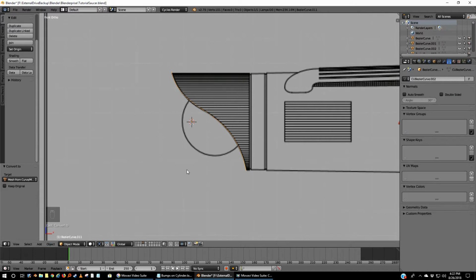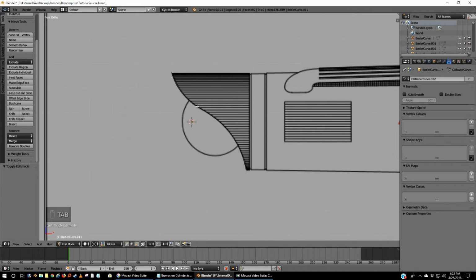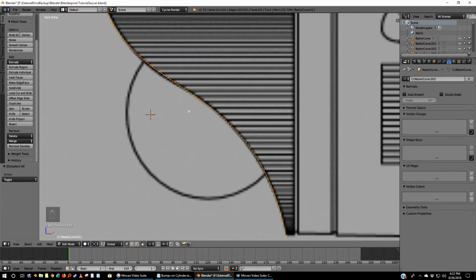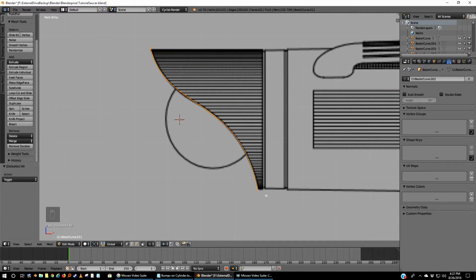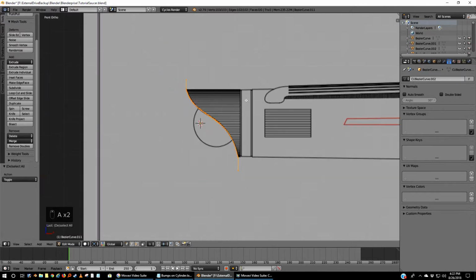So now if I was to tab into that and select it and get out of edges and go to vertices, you can see how many verts. That's actually going to be fairly smooth and clean. Now I'm going to pick the lowest vert down here. I'm going to E, Z, and just move it down. E, Z, and move this one up. Okay, now I'm going to tab, select all of them, and then E, X,